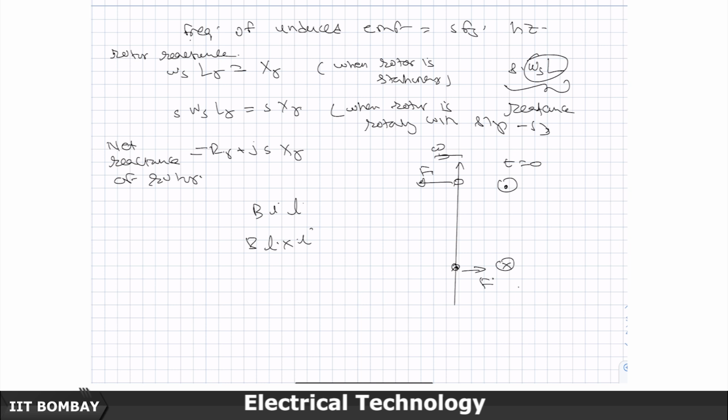For example, if the rotor is connected to the shaft of, say, some wheel, then that wheel will rotate, and whatever opposing torque it is producing,